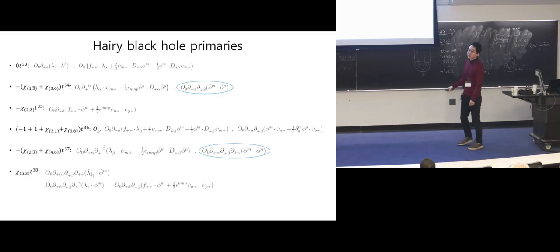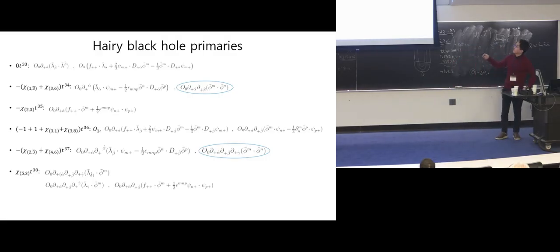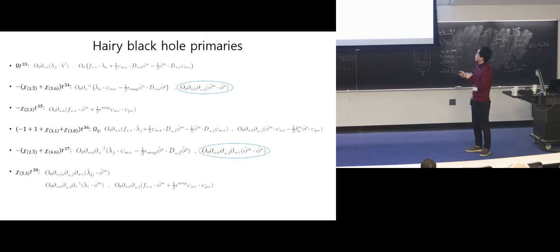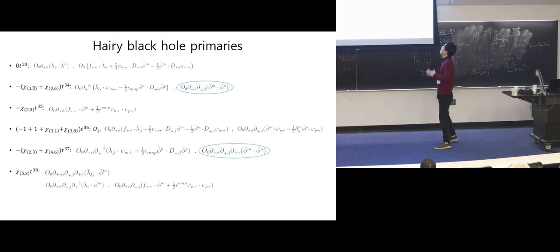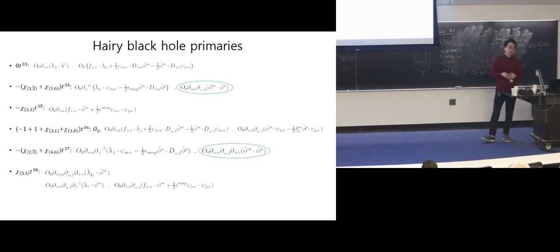But the interesting thing is that if you consider the second or third or higher conformal descendants of these scalar primaries, and multiply them to our black hole threshold operators, they are still there in the BPS spectrum. So if you consider conformal descendants with enough number of derivatives, they can grasp our threshold black hole operators to yield new non-trivial black hole operators, which I want to interpret as hairy black hole operators, due to the hairy black hole microstates.